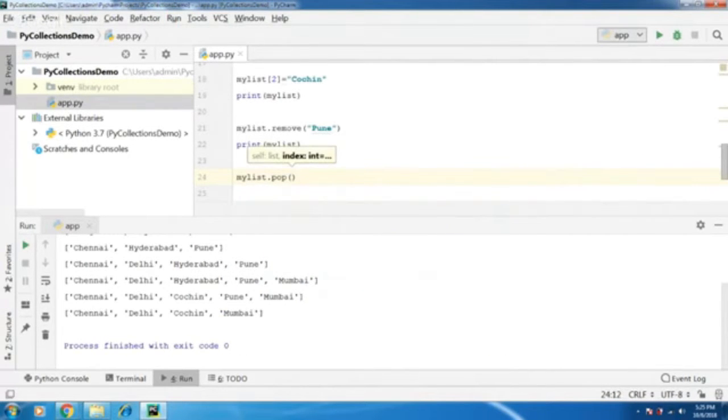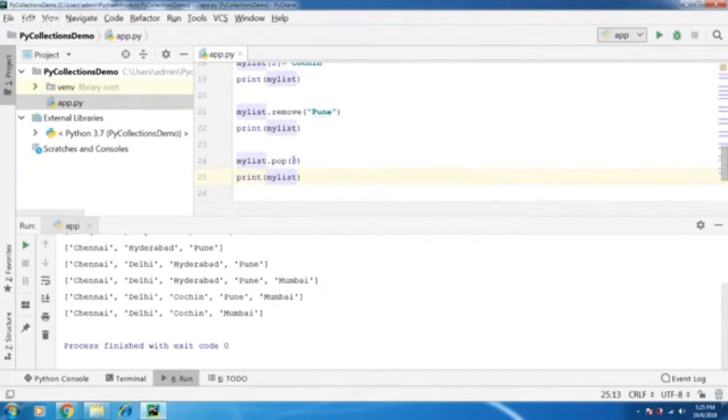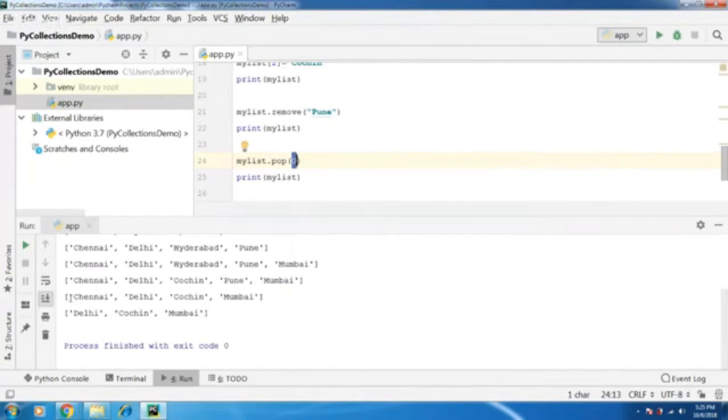And here I can give an index. Let's say I give 0 as the index. And now when I print my list, just observe I'm removing item 0 from the list. And after I print or run this, Chennai goes off the list. I'm trying to remove item number